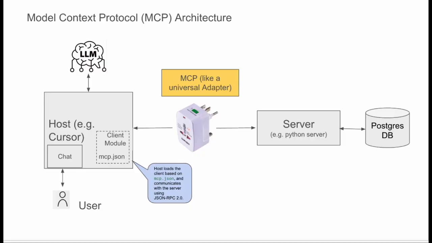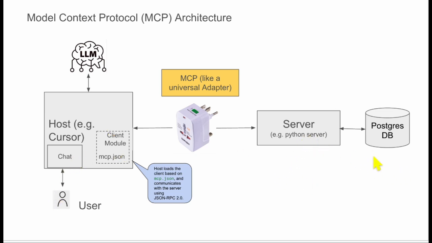Today we want to have a look at the Model Context Protocol, short MCP. The MCP is like a universal adapter which connects your LLM to an external tool or data. Here in this example we use Cursor with the chat, which connects to a Python server and fetches data from